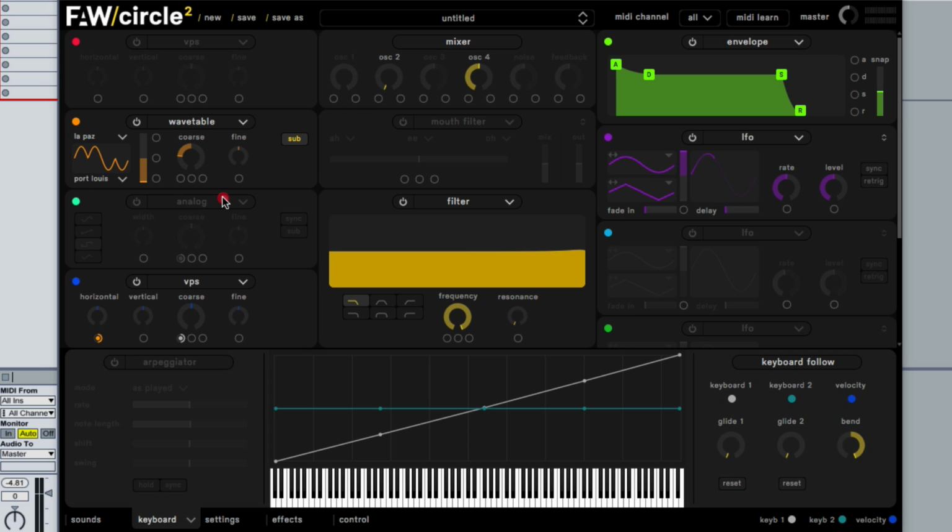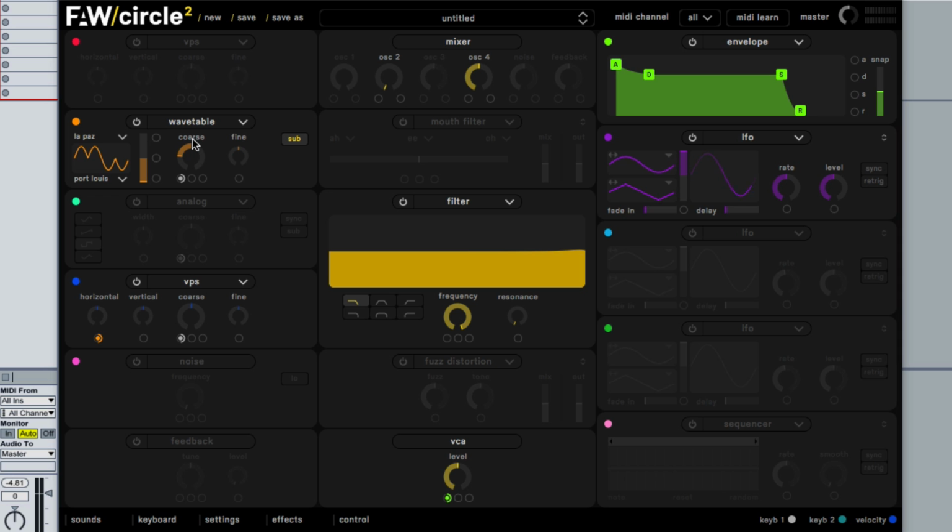if we put this grey modulation source back on here, then depending on what note we press on the keyboard, it would change the speed of this oscillator, which can be quite cool, but it can be quite hard to dial in if it's like that. See how that higher note is playing back faster? It's doing that modulation at a faster speed, whereas if I press a lower note, that's a result of this keyboard follow. We're going to cover keyboard follow in more detail in a later video, but for the time being, if you're not quite sure what keyboard tracking is or keyboard following, just remove that and understand that it's locking this oscillator